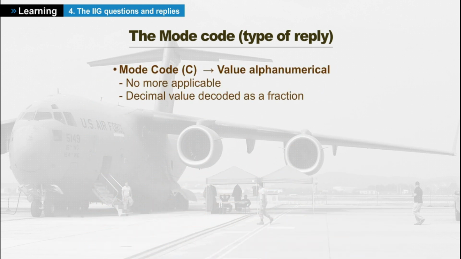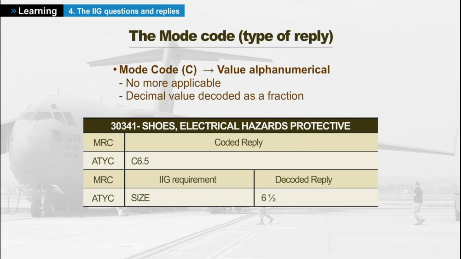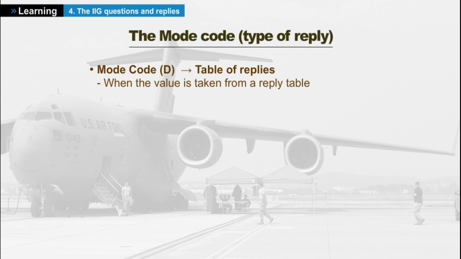Mode code C is no longer applicable. It was used to provide the reply in clear as a decimal, which was decoded as a fraction. Example: Mode code D indicates that the reply is an encoded value taken from a reply table. Example: